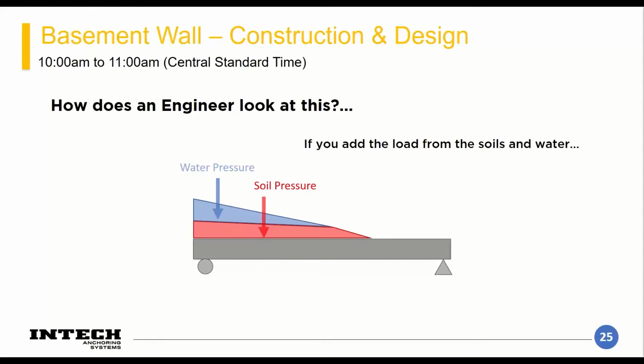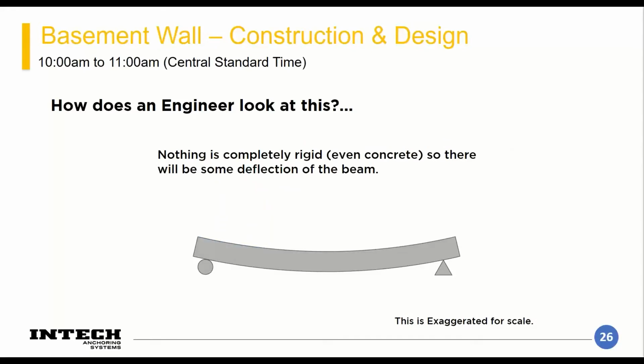But now if we were to take that scenario and apply the driving forces from the soil pressure and the water pressure, you can imagine, well, what's going to happen? Whenever you put a load on anything, it has strain. And generally, since the supports are there, it'll bend in flexure along the length of the beam. And this obviously isn't to scale. A concrete beam isn't going to deflect very much without breaking, but I'm just exaggerating it